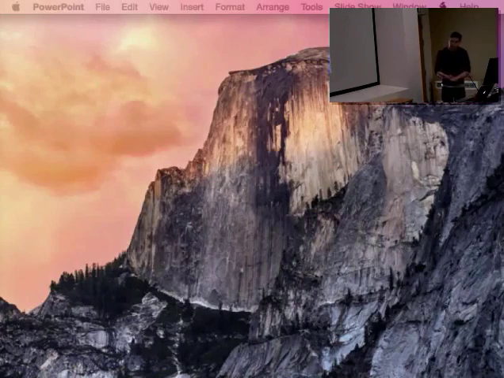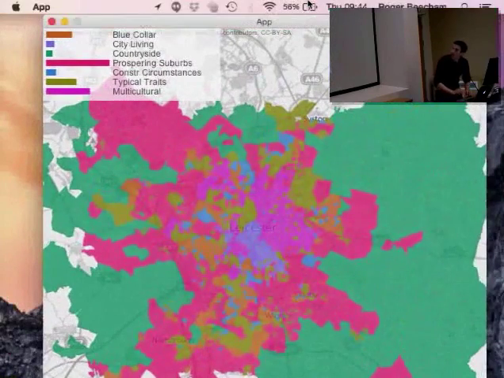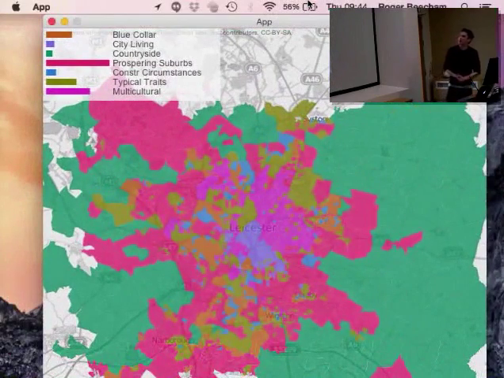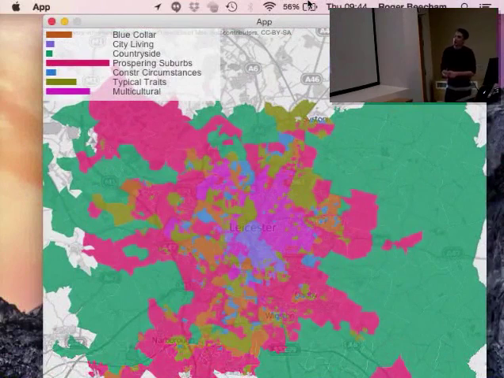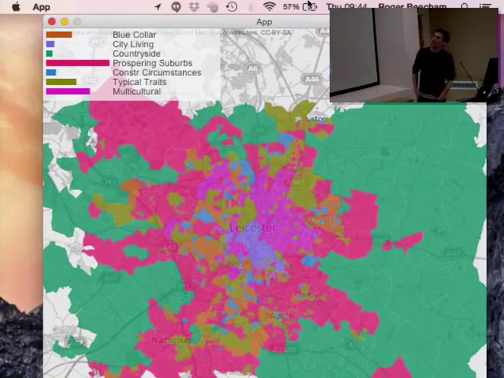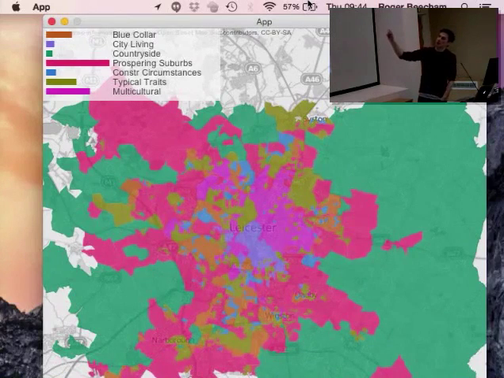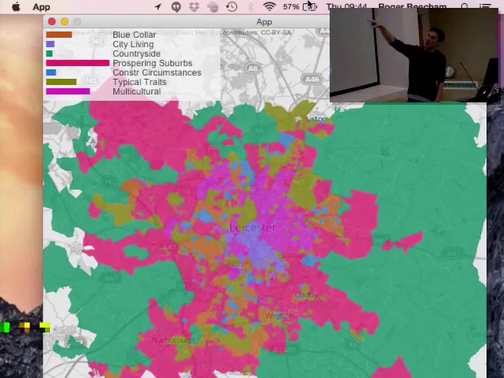Okay, so this is Leicestershire in the East Midlands, and the bar chart on the top left is frequencies for all output areas in Leicestershire and the output area groups